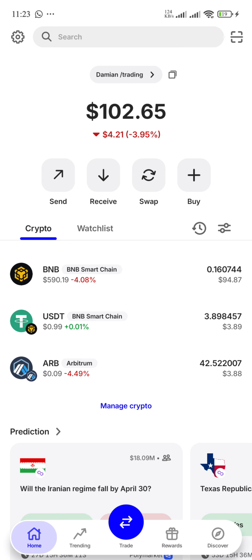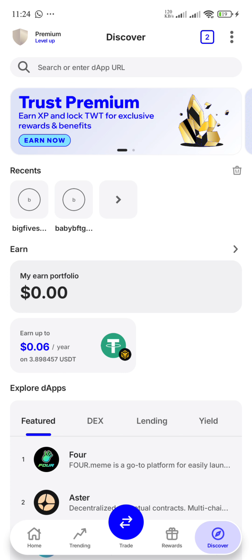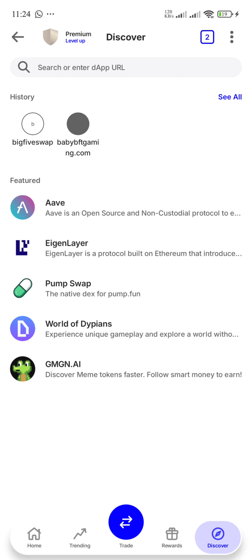So we have successfully launched our Bigfiveswap, and this is how you use it. In case you want to buy your tokens on Bigfiveswap or you want to trade on Bigfiveswap, make sure that you load your BNB on your Trust Wallet or MetaMask, and then click on Discover. When you're on Trust Wallet, click on Discover, and then under search, you're gonna search